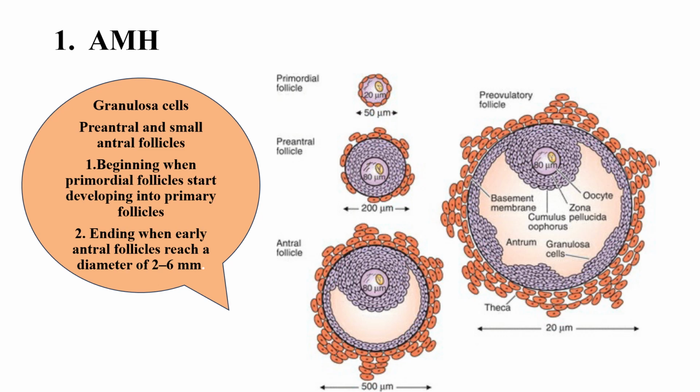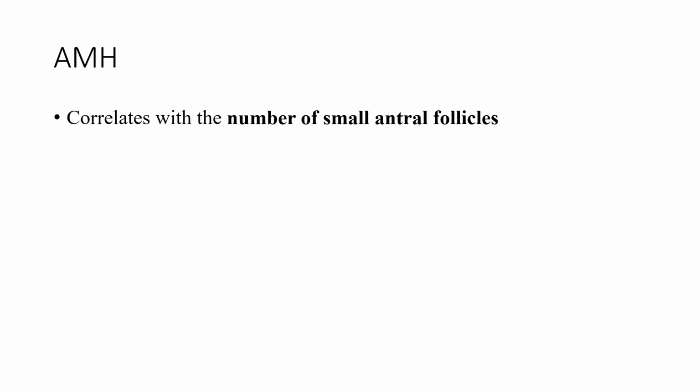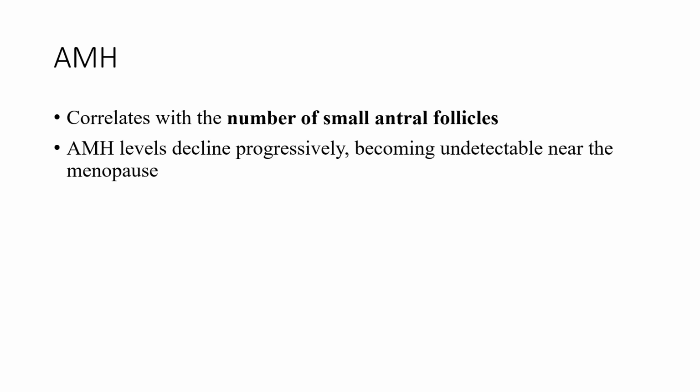Let's come to the clinical significance and the correlation of ovarian reserve with AMH. AMH correlates with the number of small antral follicles. If there is a decrease in the follicles, then there will be a decrease in the AMH level. And at the time of menopause, when all the follicles go into atresia and there is no follicle left, it